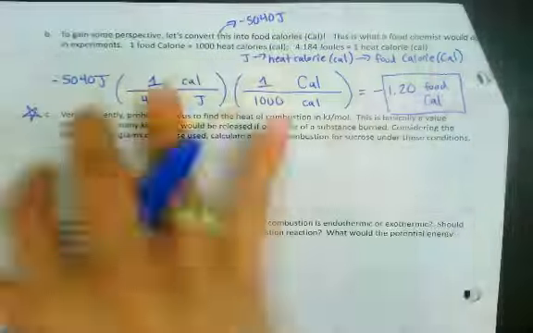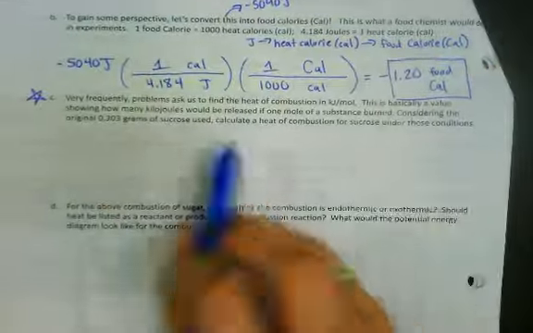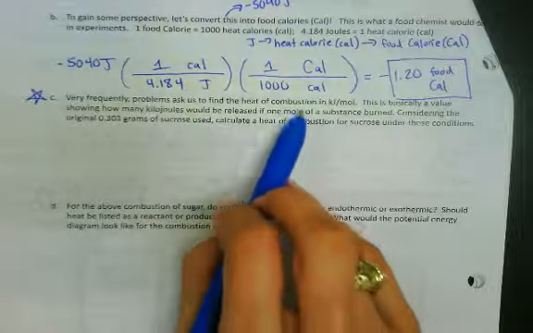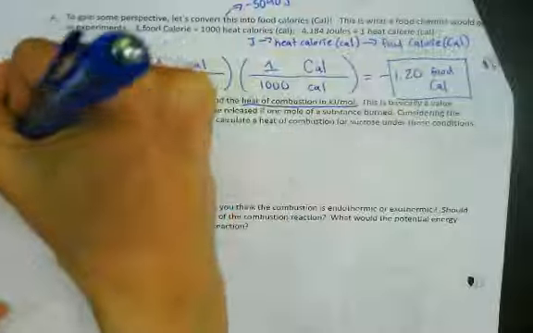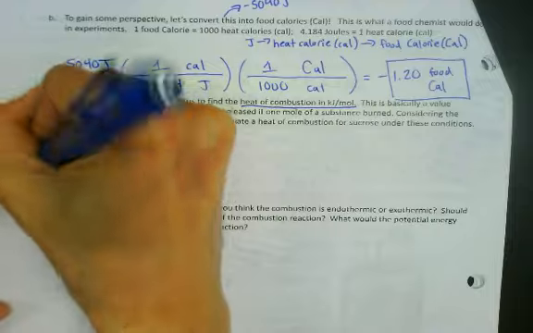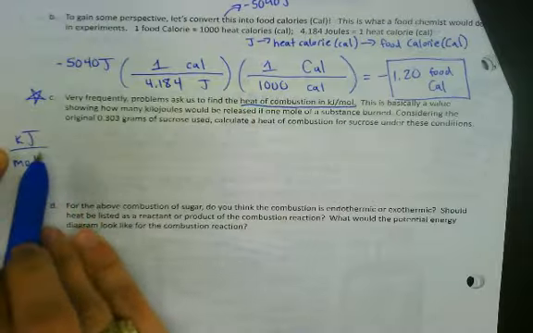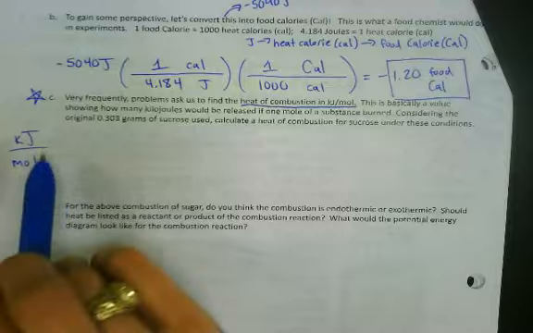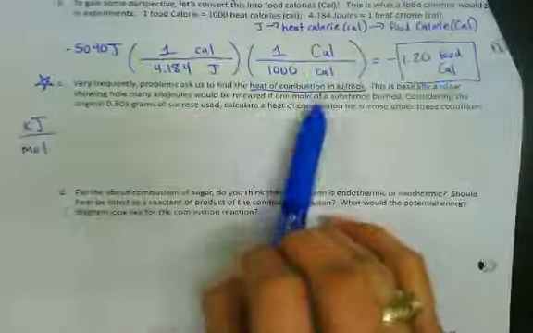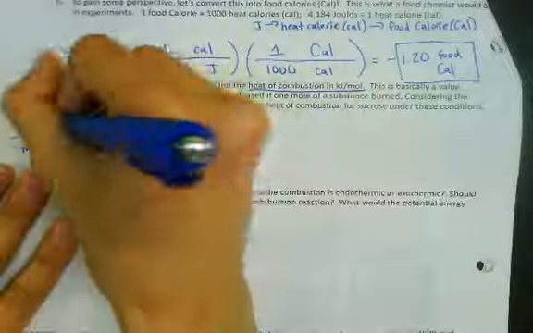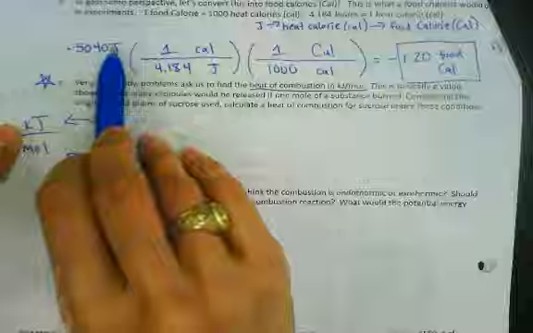The next step is the problem you'll encounter much more frequently. You will often be asked to find the heat of combustion in kilojoules per mole. So if you're asked to find the heat of combustion in kilojoules per mole, you're going to have to do some conversions again, because right now you have an amount of energy in joules and an amount of sucrose in grams, but you want this in kilojoules per mole. So what you're going to have to do is